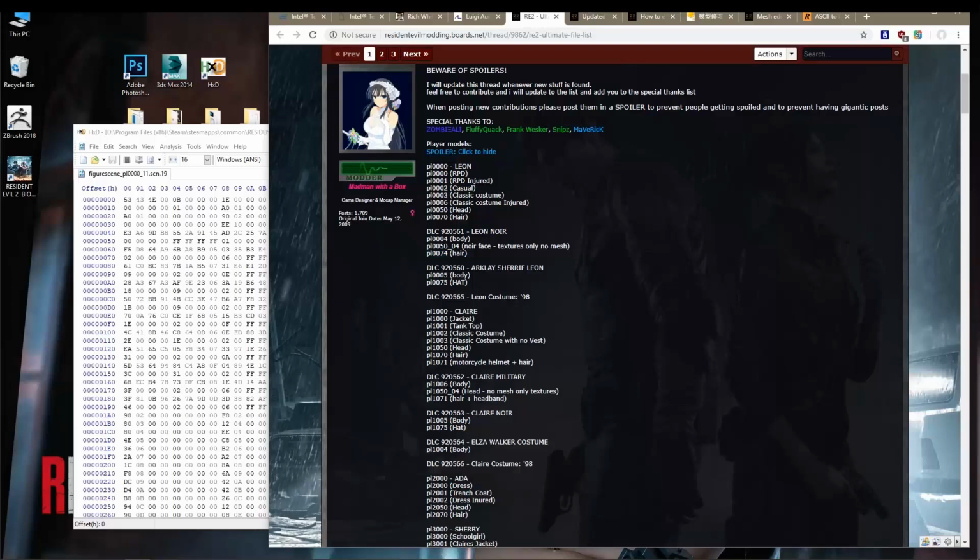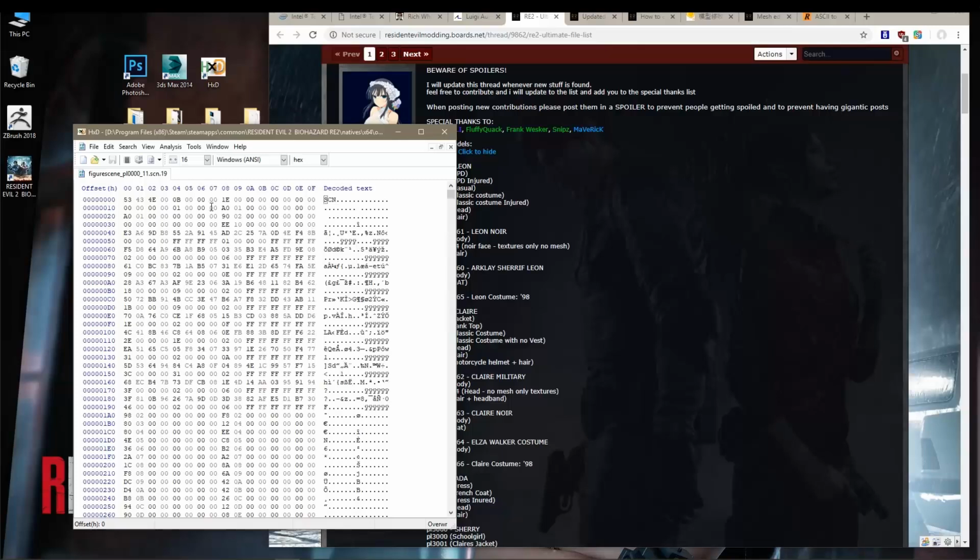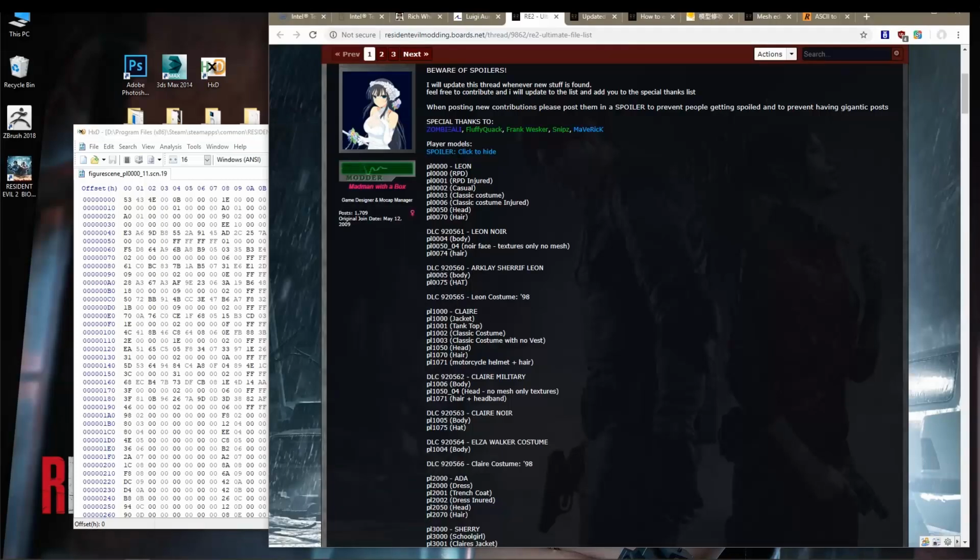We now need to find this value, which is the hat of the Arclay Sheriff that we are trying to replace, which is PL00075. Okay, and we need to search for this value in here and replace it with PL00074. But because this is a hex editor, we can't copy paste the text as it is. So what we do, let's copy this